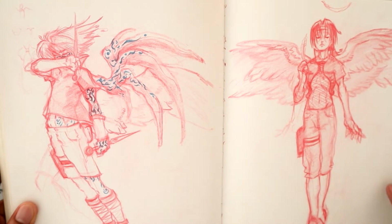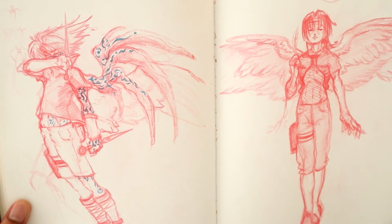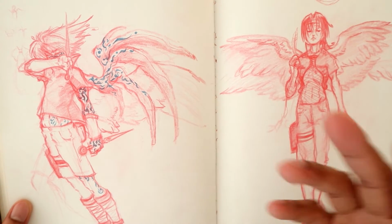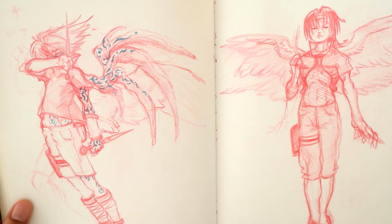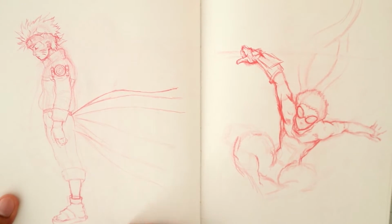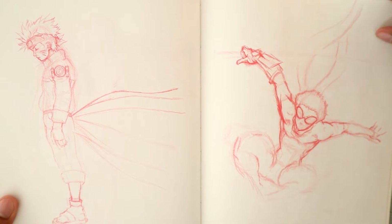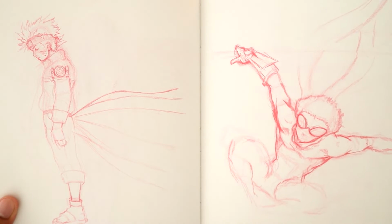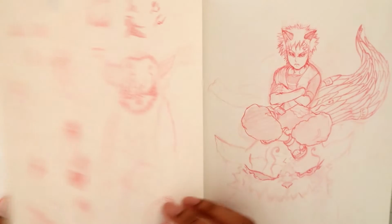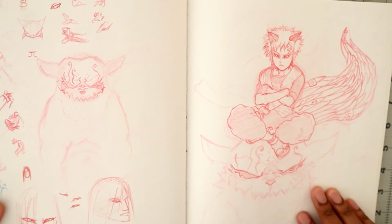His brother Itachi. A little bit too long, but that's how I was drawing in those days. Naruto with tails. The Vagrant Ninja. So weird. Seeing this again is so weird. Anyways,